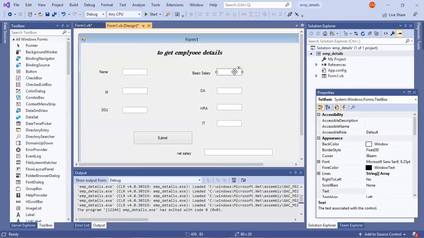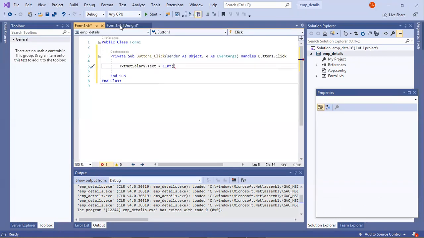Are you getting this? I can do it in two formats. One, put all these into variables A, B, C, D, how we did in our previous program, and then add them, taking the result as A plus B plus C minus D. I can do that and then put it into this particular text box. Instead of that, I'm doing it directly. So whatever should be displayed on text net salary dot text, that is,